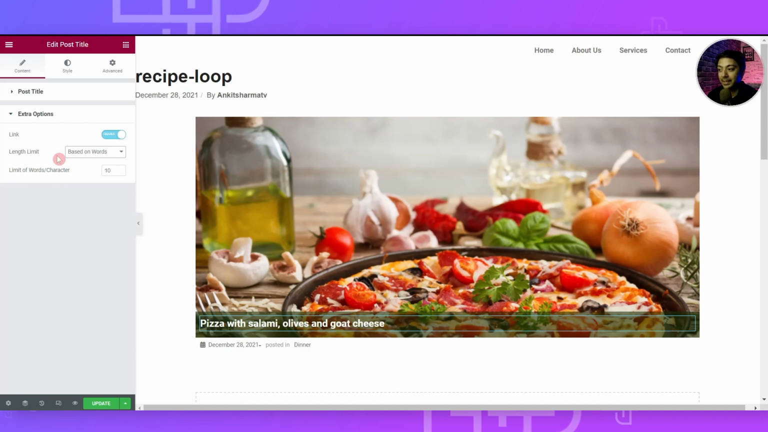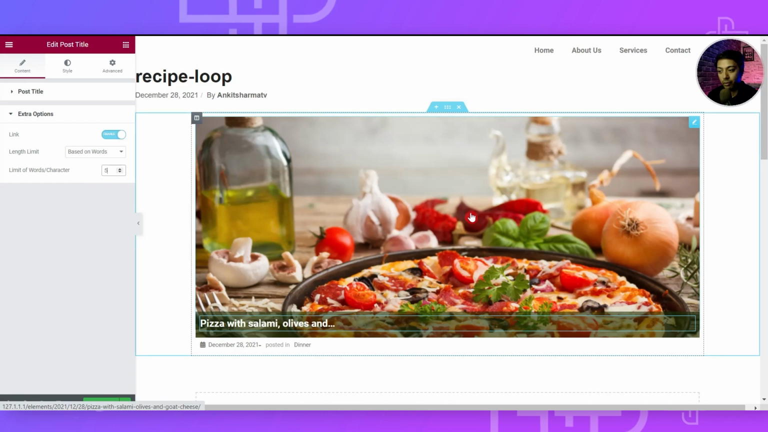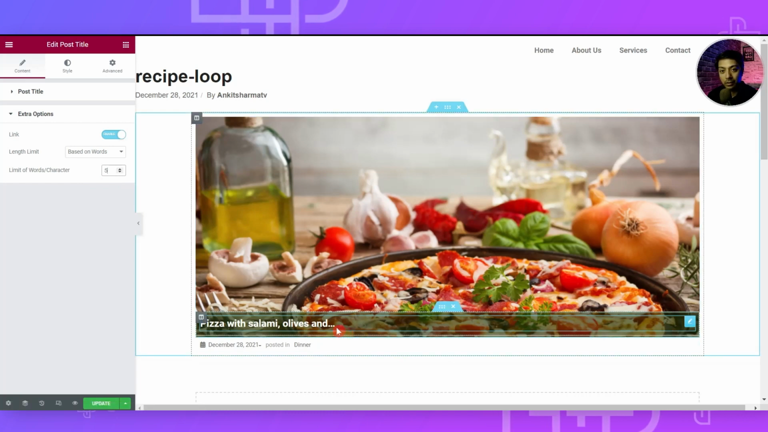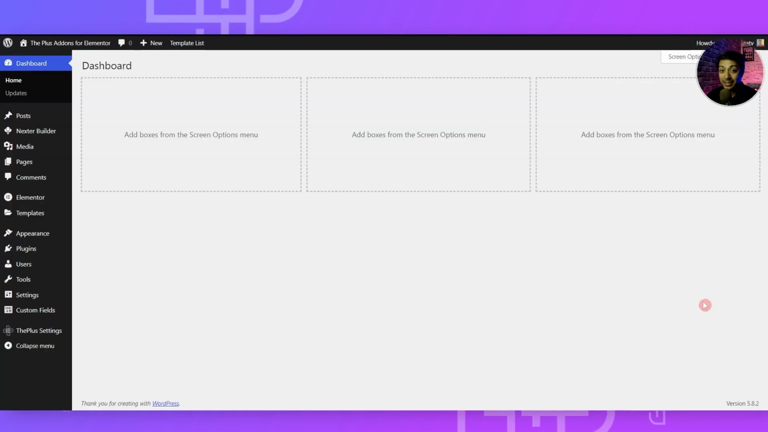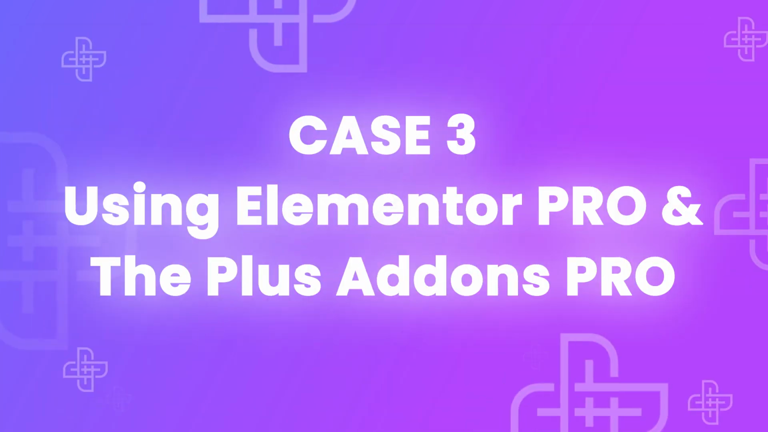So right now, if we set the limit based on words, we can now select maybe just 5 words. So now the title is shortened to 5 words, and after that we will only see these 3 dots. So this is how you can reduce the length of the titles if you have very long titles in your blog post. Now let's talk about the case number 3,